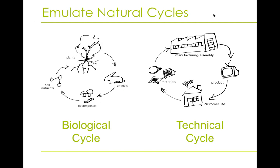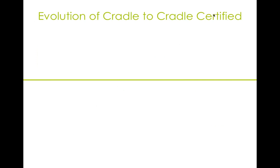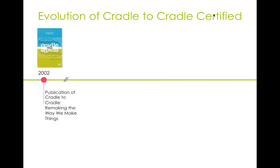So the central goal is to retain or increase the value of these materials as they are reused in each of these cycles. And we only strive to reuse materials that are safe, in other words, materials that do not contain hazardous chemicals. So I thought it would be helpful to first review a brief history of the Cradle